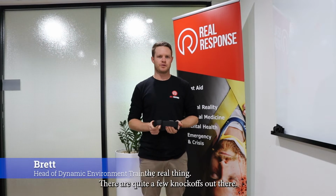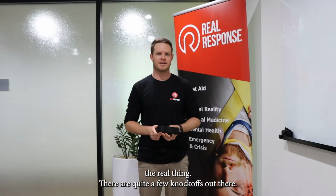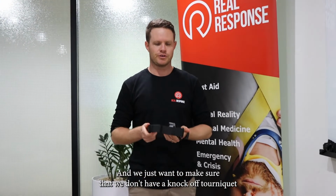So when we first get our tourniquets, we just want to make sure they are the real thing. There are quite a few knockoffs out there, and we just want to make sure that we don't have a knockoff tourniquet because they may not work, and more likely they will not work on your patient. So the first things we want to check is they've come direct from the supplier and they have an NSN